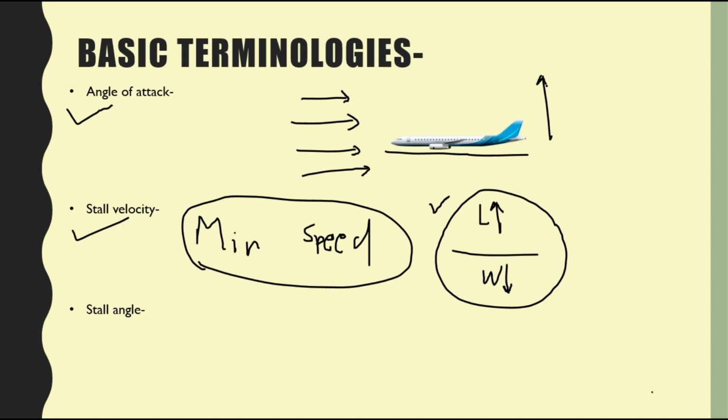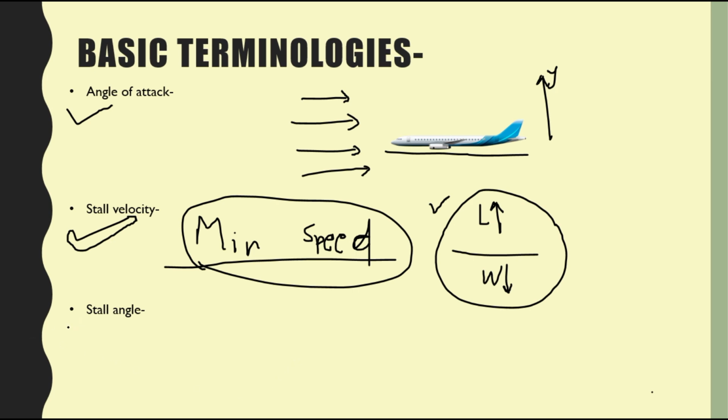But in order to make it fly or go up, we need to fly with a velocity greater than the stall velocity at least. And there are many cases in this where we need to look at the angle of attack as well, and we need to look at the coefficient of lift as well. But the preliminary definition says that the stall speed is the minimum amount of speed that an aircraft should have in order to fly.